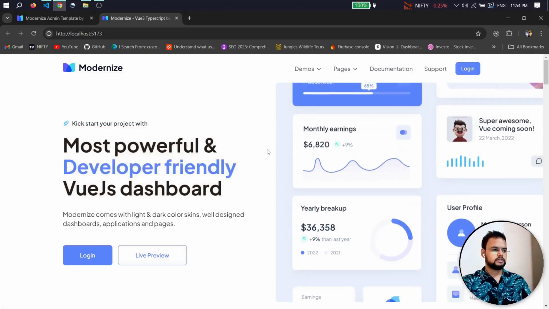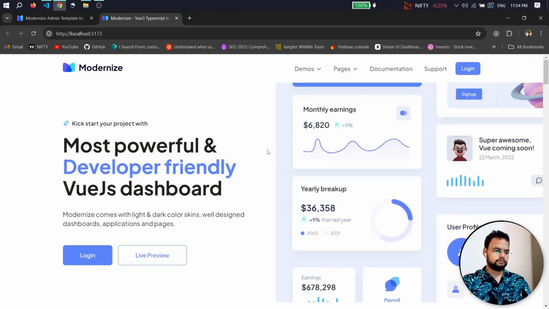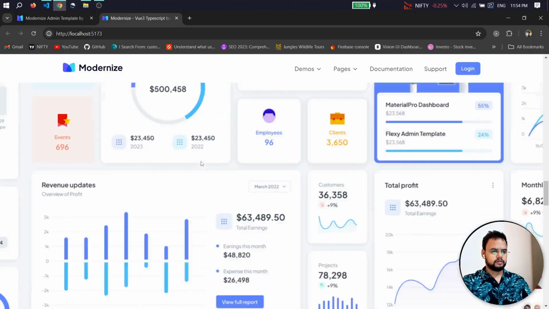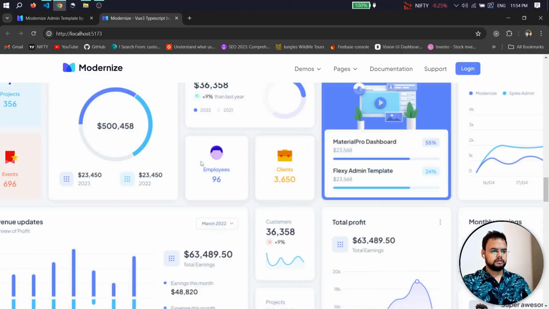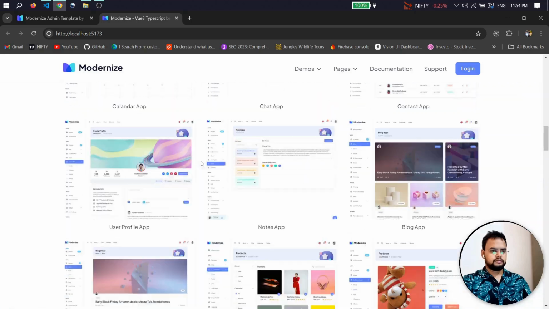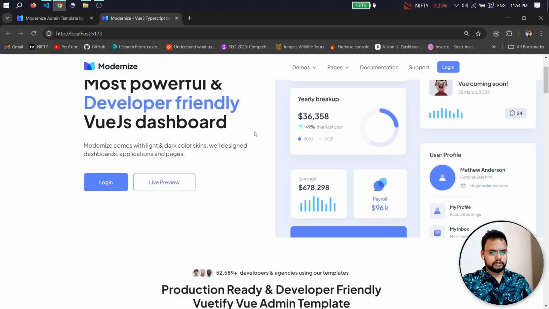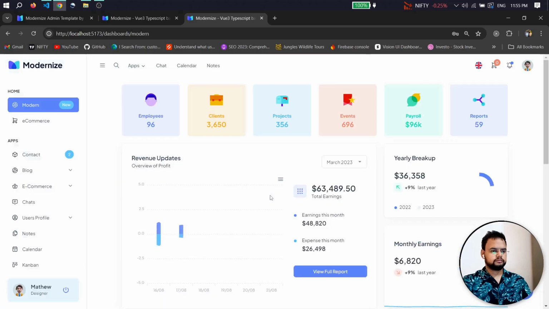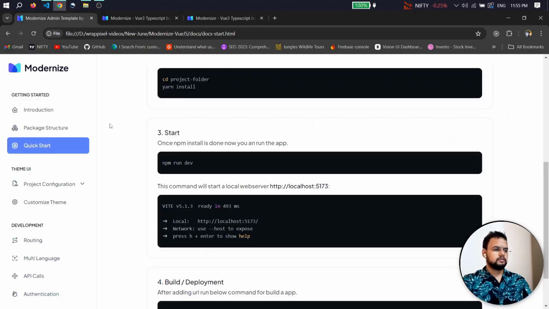So our project has been started on localhost 5173. This is for the introduction part. You can see all the built-in applications, and to start the project you just have to go to login and just click on sign in. Right, so our project has been started now. So let's